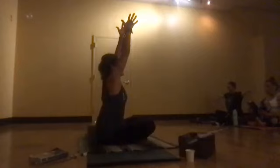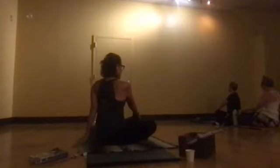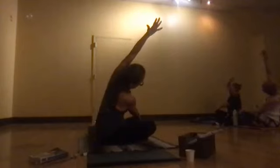We'll gently blink the eyes open, reach the arms up and around, touch your palms together, and exhale, left hand to right knee, right arm behind you, sitting up nice and tall. Gentle twist. And the next inhale, we'll lift that right arm up and just fold, kind of fold towards that left knee. And then gently placing that right hand on the left knee, your arms are crossed, just folding in as if